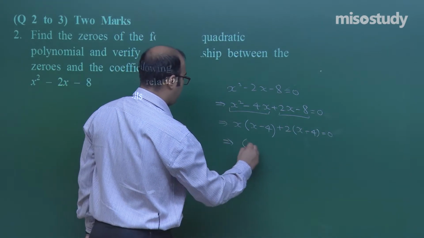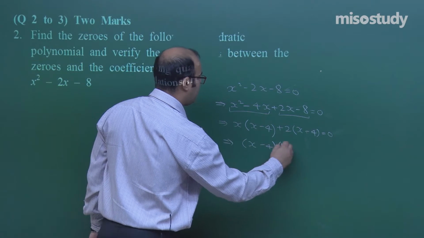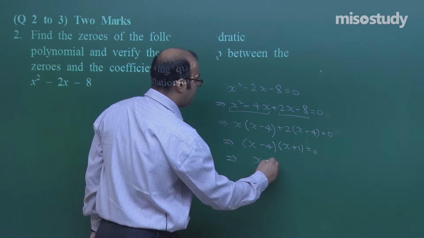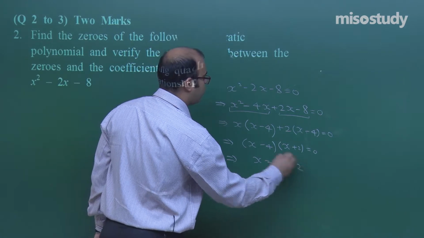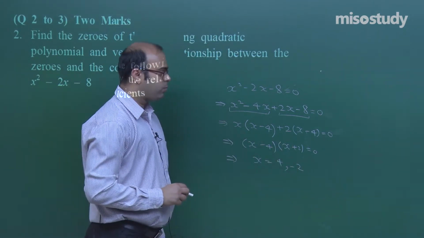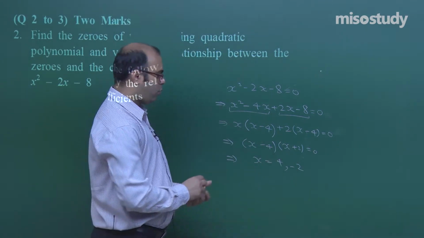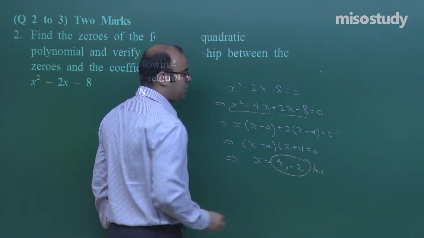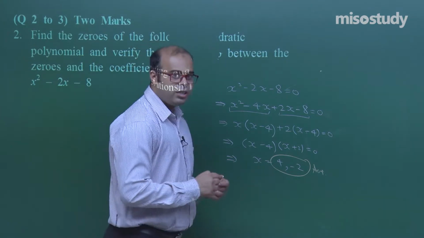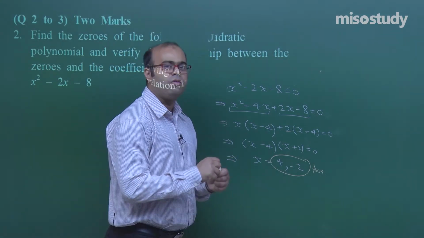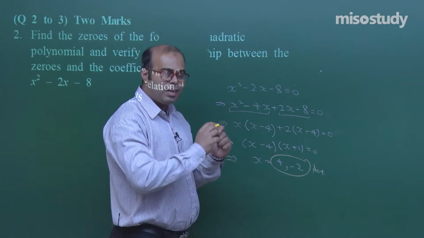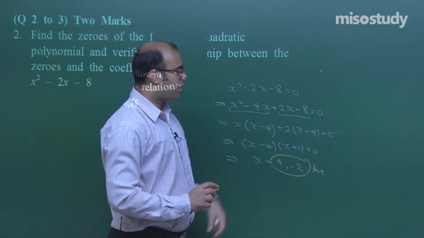Now, let us take x minus 4 as common. What we get is x plus 2. So, the zeros which we obtain are x is either 4 or minus 2, by equating this to 0 and this to 0. So, there are 2 zeros which we have found out. This is the first part of the answer. The second part of the answer says verify whether the relation between the zeros and the coefficients is there or not. You have to verify that, which has to be there if we have done the correct calculation.